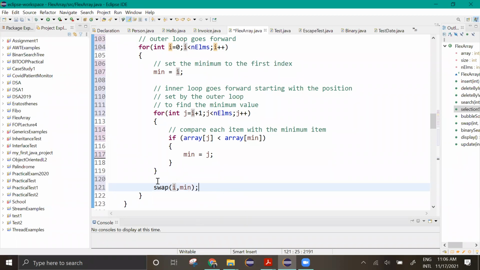So in this case, if you want, you can do something additional. If i is not equal to,